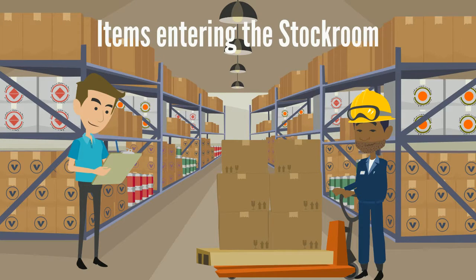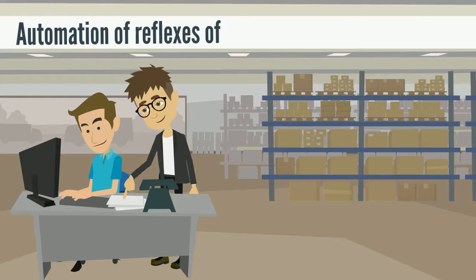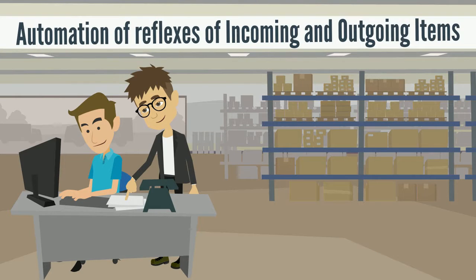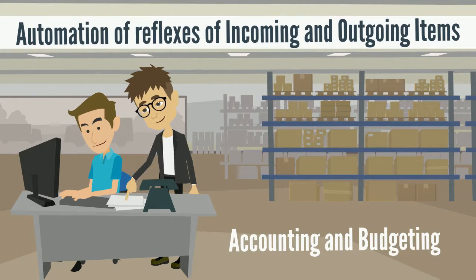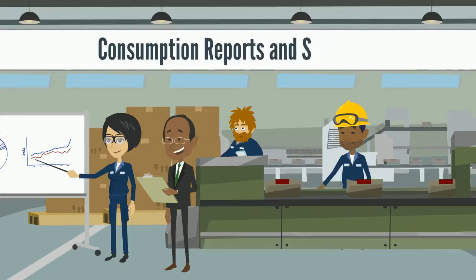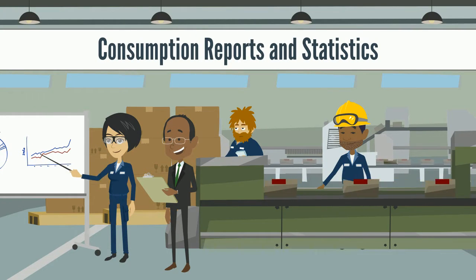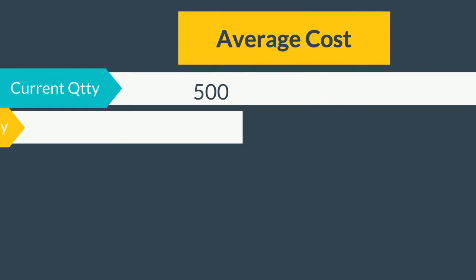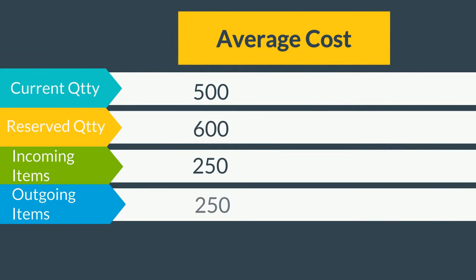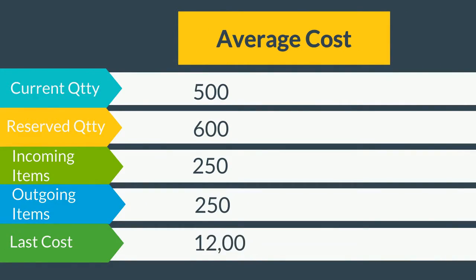items entering the stockroom, the automation of the reflexes of such incoming and outgoing items, in terms of stocks, accounting, and budgeting, reports and statistics of consumption per organization unit and product, as well as additional outputs, appropriate for the analysis of consumption data, the implementation of the average cost of items, and the control of current and reserved quantities,